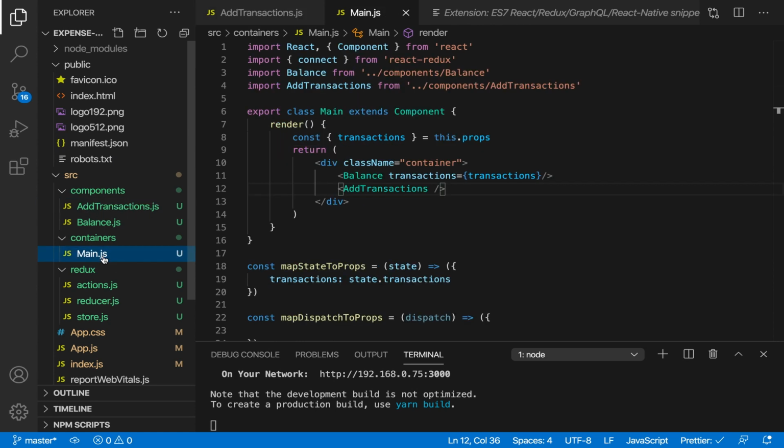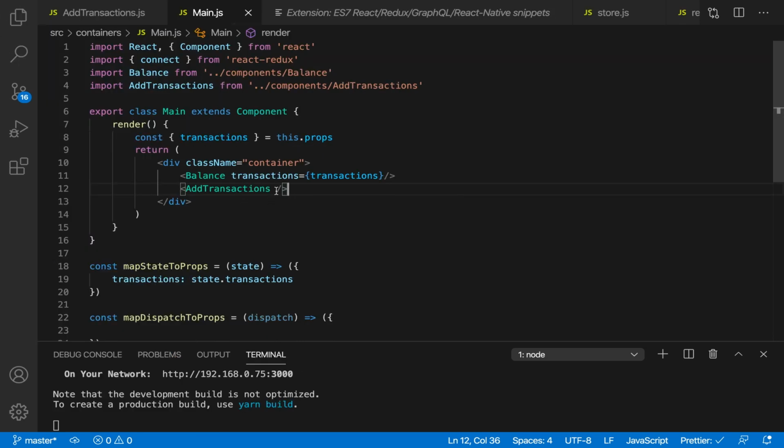So let's go to main.js, and to add transactions we want to pass in an ID. So this ID is going to be equal to transactions. First we want to check if there are transactions. So transactions[0]. Let's check if the first element is there. When we add a transaction, we're going to add it at the beginning of the array. So the first transaction of the transactions array is going to be the newest one, which is going to be the one with the biggest ID,